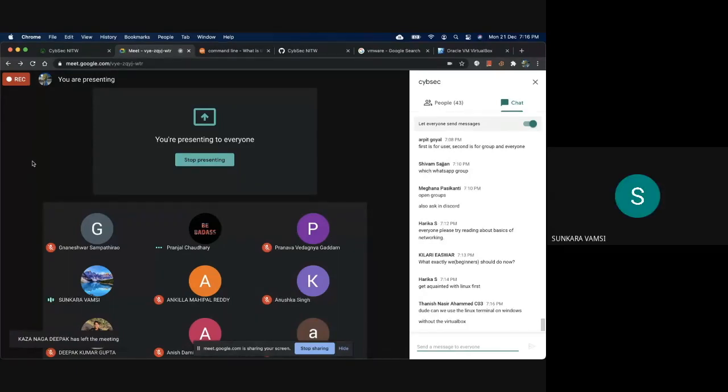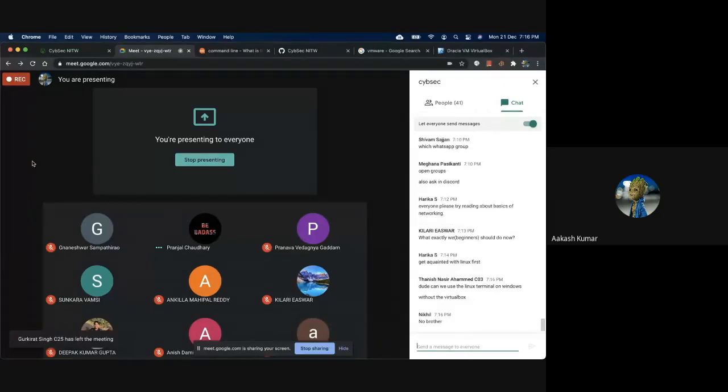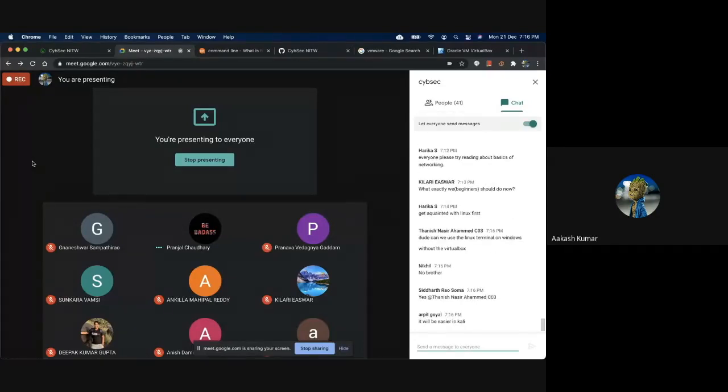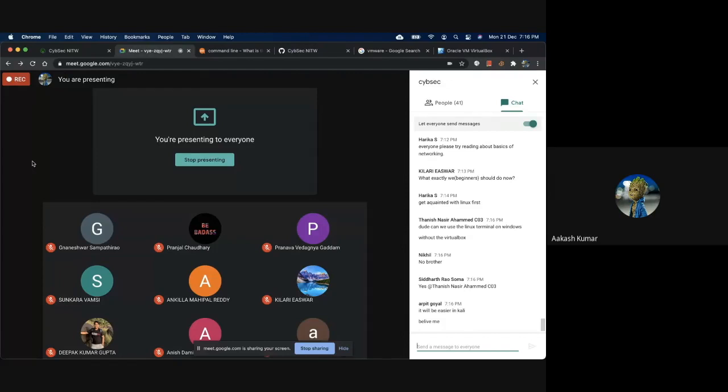Why only Kali? Why can't we use Windows command? We can use Windows also, it's not a problem, but generally those tools are not synchronized, or it will be easier in Kali to understand these things.